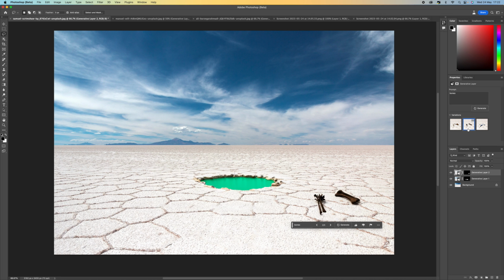So let's have a look. Okay, not really that good. Let's type in old bones from a bird. So let's click generate. So what I've done there is just given it one prompt, so bones, and now I'm